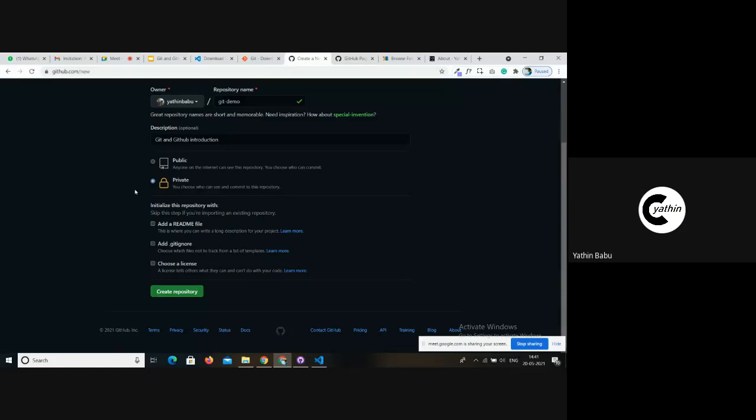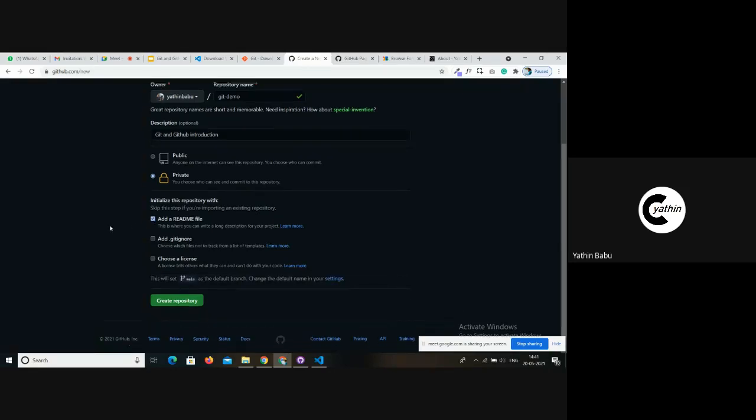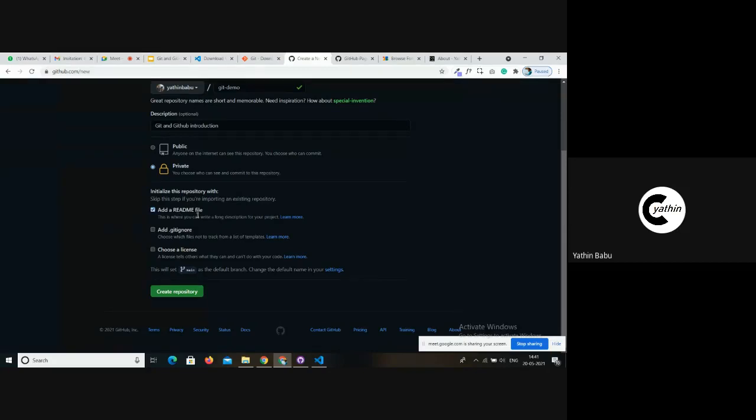Only those people will be able to access this repository and play within the code that's been hosted within this repository. Also, let me just add a README file.